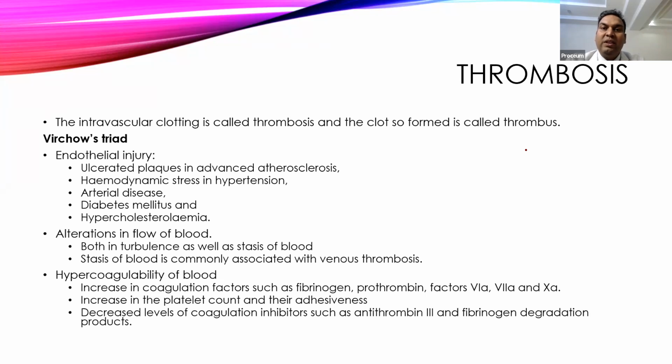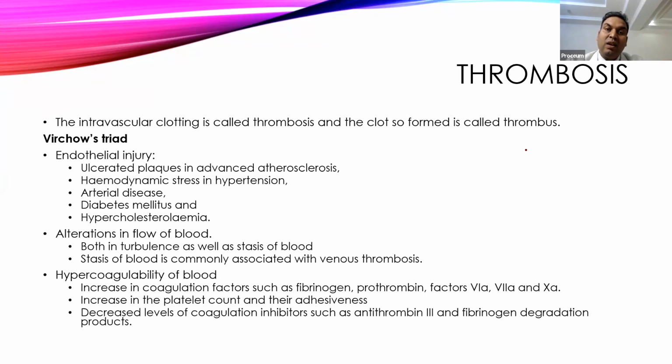So on the venous side, when there is decreased blood flow, venous thrombosis is because of stagnation of the blood, which causes the coagulation. But in the artery, it is because of increased blood flow that causes increased turbulence in the blood, that leads to coagulation on the arterial side.